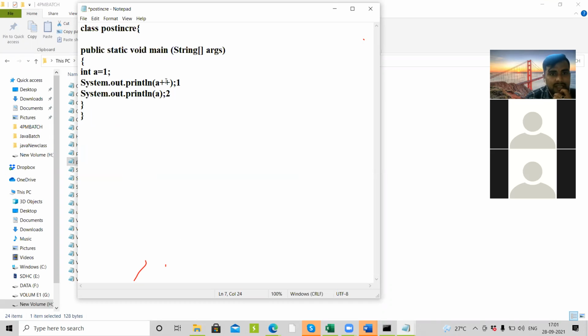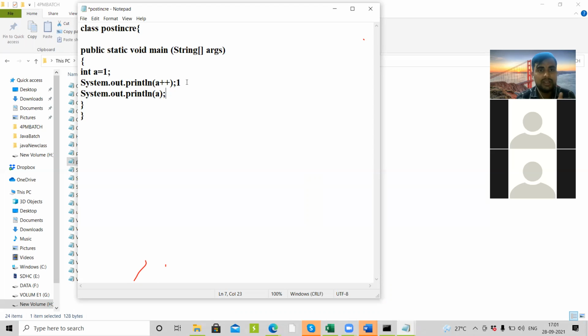Why? The current value is 1. Post-increment is telling us to first store the value, after storing go and increase the value. So next time when we print the value of A, we are getting 2, but here we are getting the current value, 1.